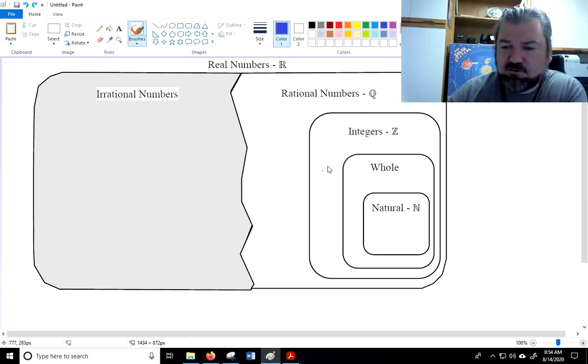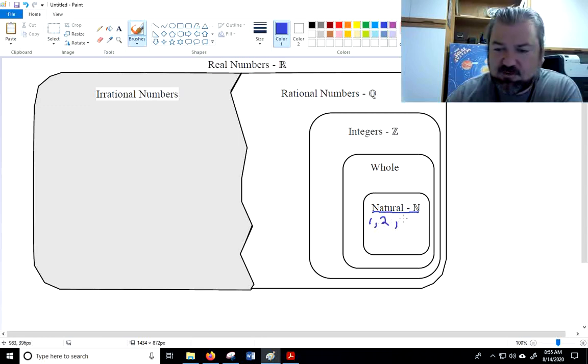And I want to start with the most specific one right here, natural numbers. And then we're going to build out from there and introduce more and more numbers. So what are natural numbers? You may have heard them called the counting numbers because we count with them. They start at 1 and they count up 1, 2, 3, etc. It's the first numbers most any human being learns. So they have a lowest number 1, and then they have no highest number, and you count all the whole